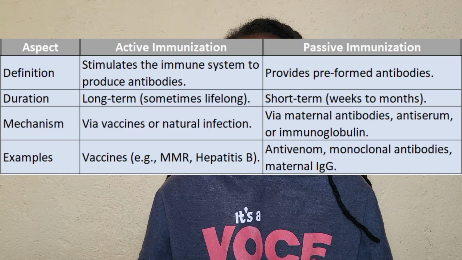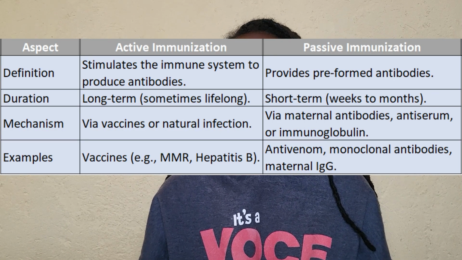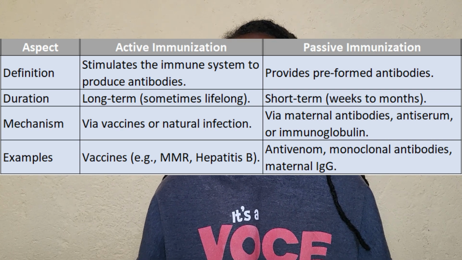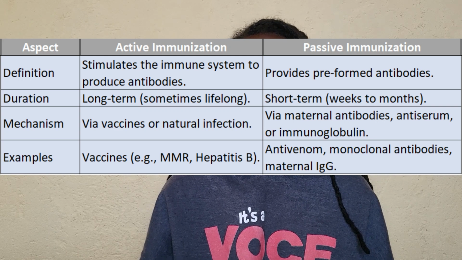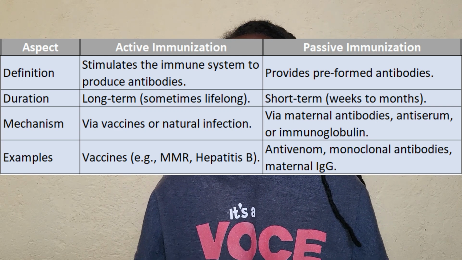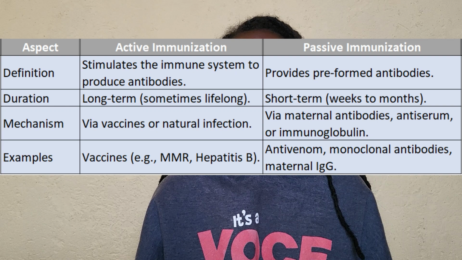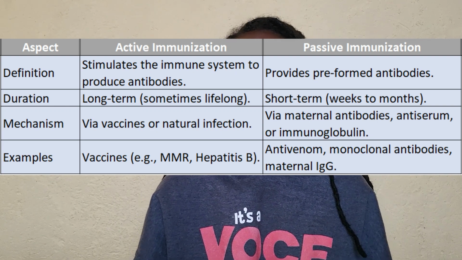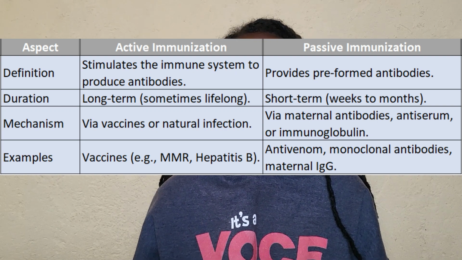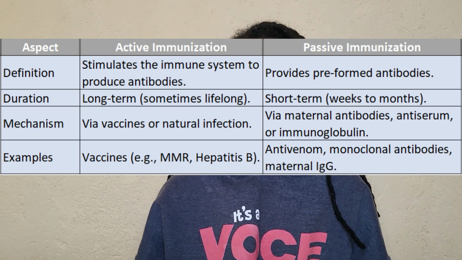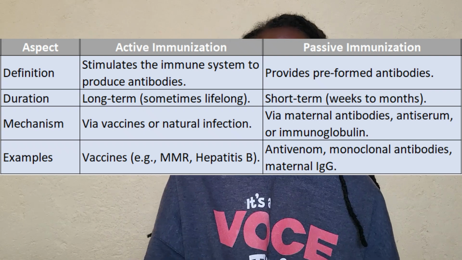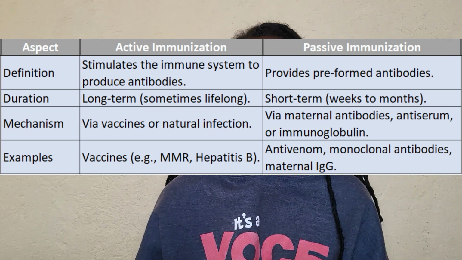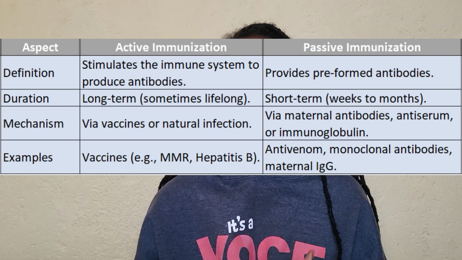There are also differences between active and passive immunization. It's the fifth question, and I made a table talking about active and passive immunization. The first difference: active stimulates the immune system to produce antibodies, and passive provides preformed antibodies. On the active immunization, the duration is long term, sometimes lifelong, and passive is short term